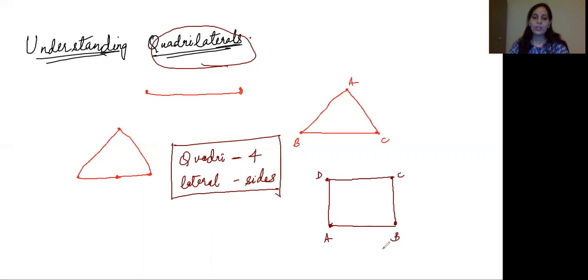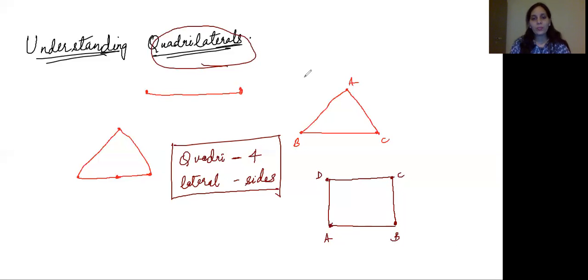Alright, so any four-sided figure is a quadrilateral. So we have a lot of quadrilaterals, say a square, a rectangle, a parallelogram, a trapezium, and many more. Today we are going to explore some of the very basic properties which are satisfied by all quadrilaterals,